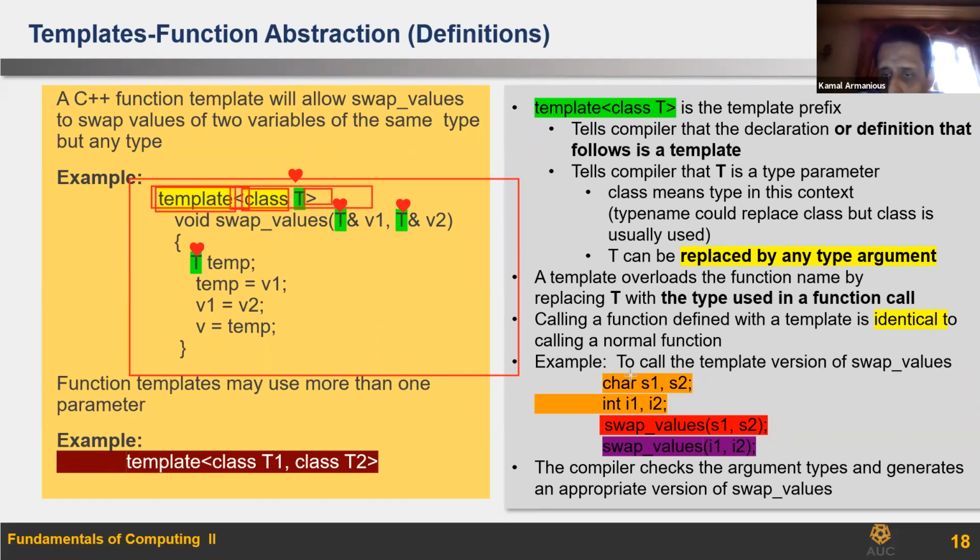So we are calling this function template from the main. Before I tell you how to call it from the main, I want to tell you this T can be anything. So we can call this T Muhammad, and this T Muhammad, and this T Muhammad. So when we call it from the main, let me have another friend with me.